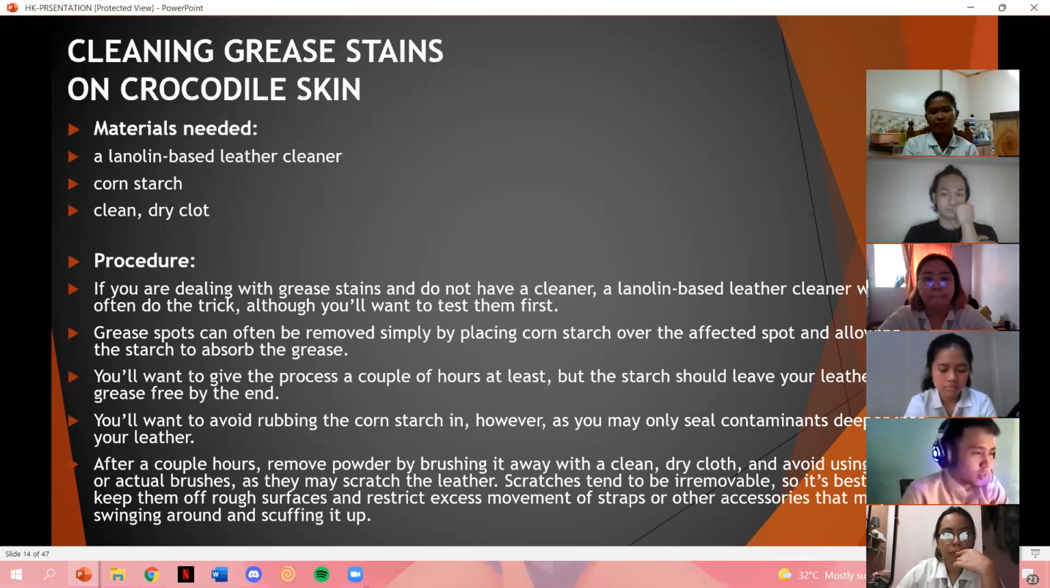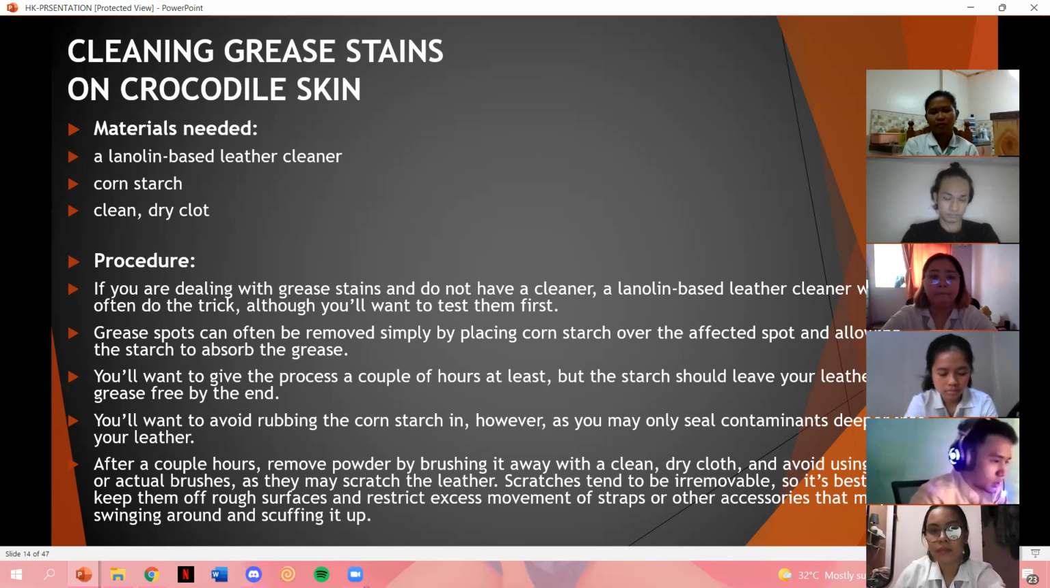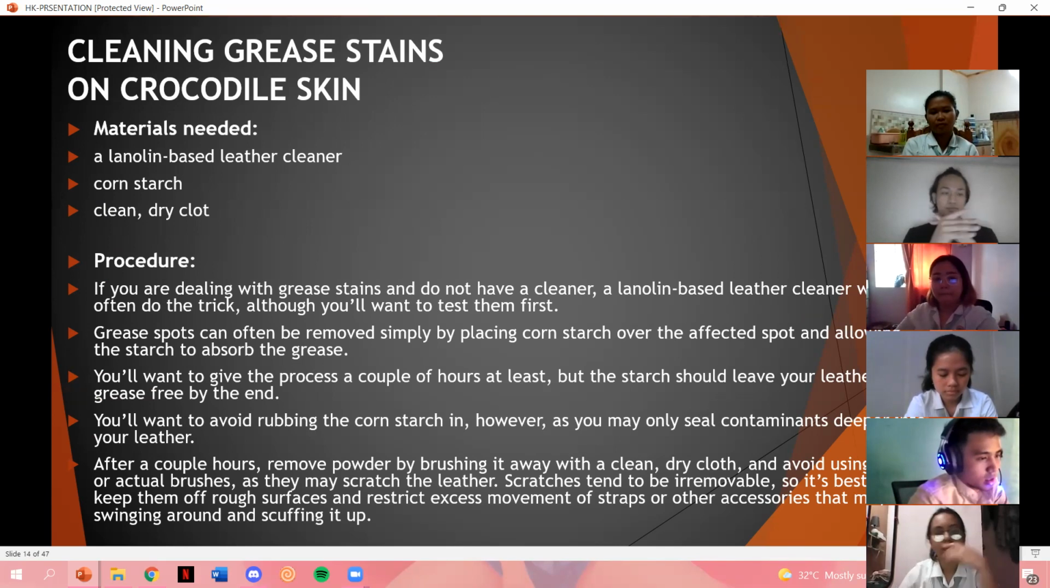Cleaning these stains on crocodile skin. So, na-report ko kanina ni E3. So, materials needed is a lanolin-based leather cleaner, cornstarch, then clean dry cloth. So, the procedures is, if you're dealing with grease stains and you don't have a cleaner, so yung nabanggit dito